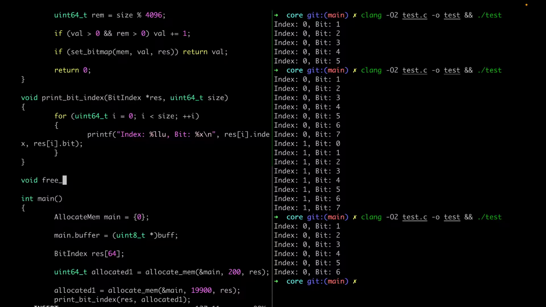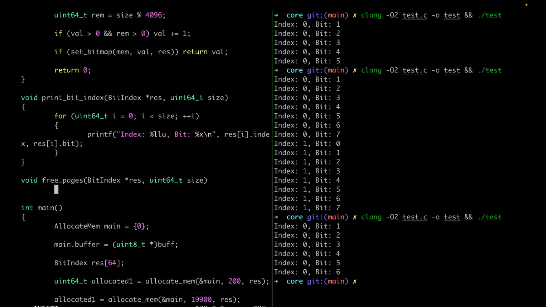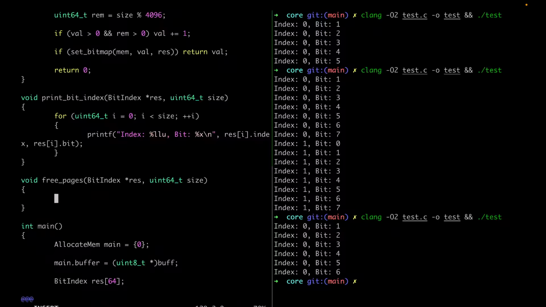Free pages, I would say, and it's going to take a bit index array and uint64_t size, and it's going to do the same things. We could just copy paste it, but still